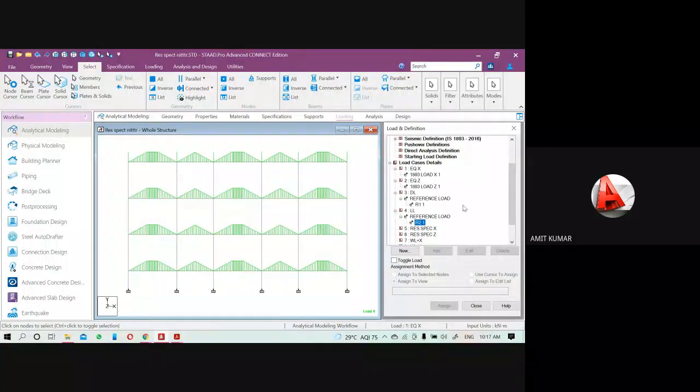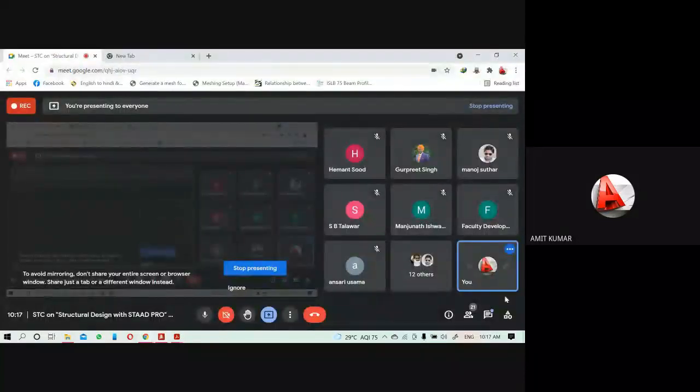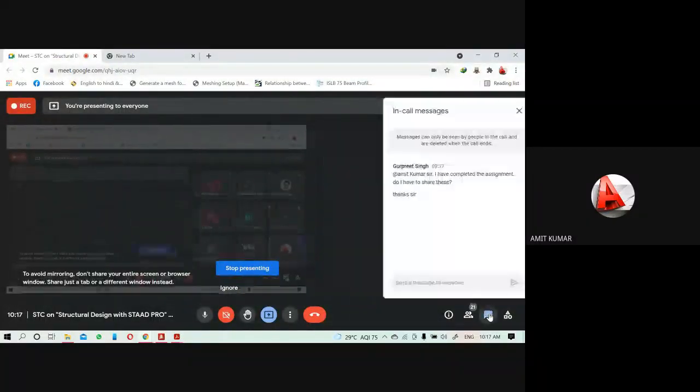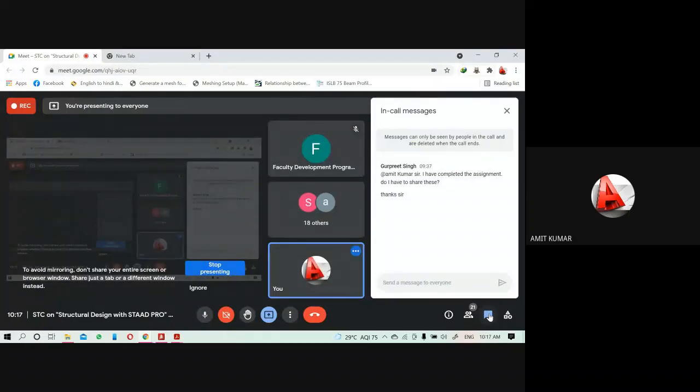So still, if you have any doubt regarding the reference load, then you can ask me. If you don't have any doubt, then I will continue here. I think it is clear to everyone when to use the reference load and what is the benefit of using this type of reference load.